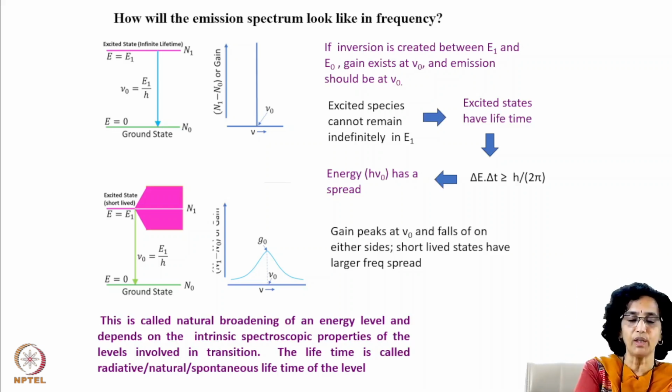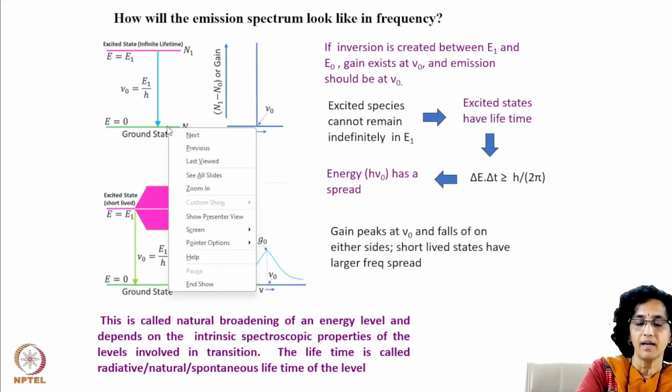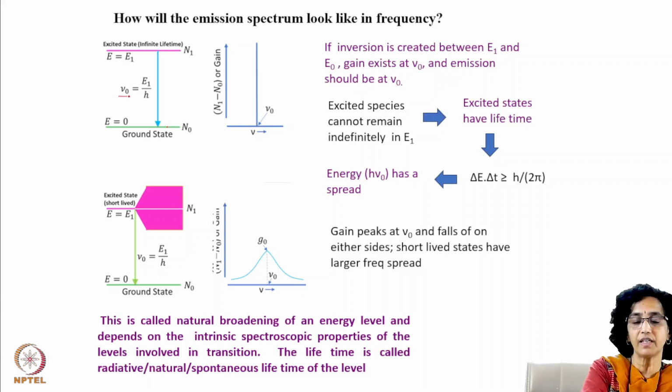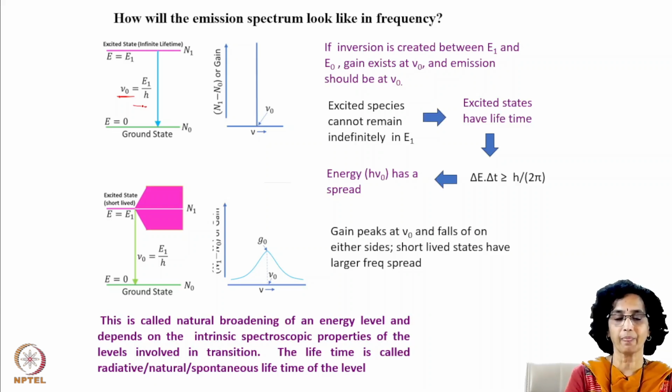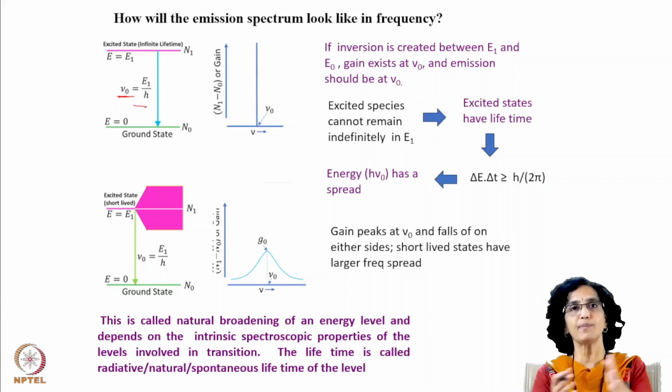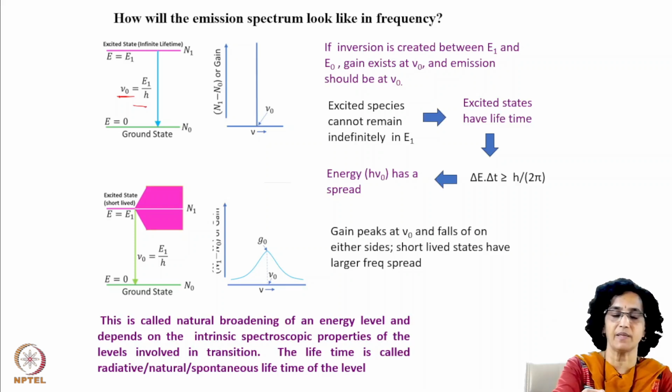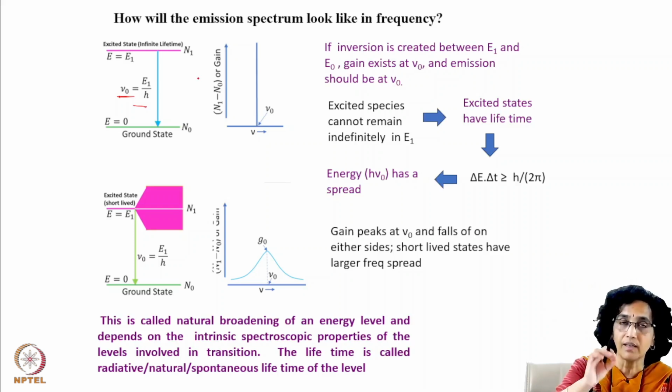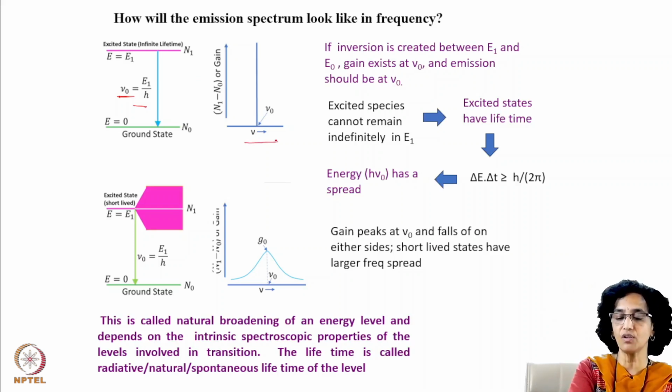Consider now a molecule which has two states, E1 and E2, separated by an energy gap, such that if the molecule comes from the upper level to the lower level, then it can give rise to a photon whose frequency is given by the energy difference divided by h, right? So now if I try to see the spectrum, what is meant by spectrum? It is basically the intensity or the number of photons which are coming as a function of frequency.